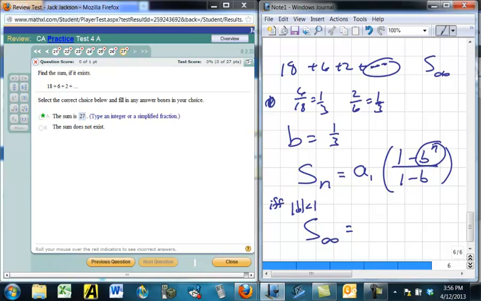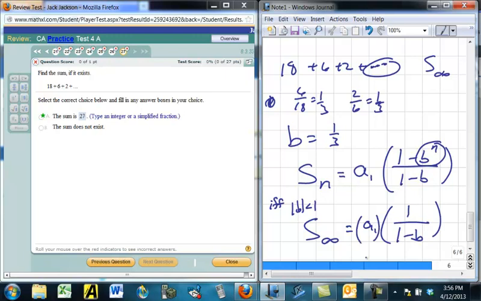In other words, as n gets bigger, that b to the n gets closer and closer to 0. Of course, we know b to the n, that exponential, y equals b to the n, is going to have the x-axis on the right side as an asymptote. The y's are approaching 0. So this is going to approach 0, and so we just get this